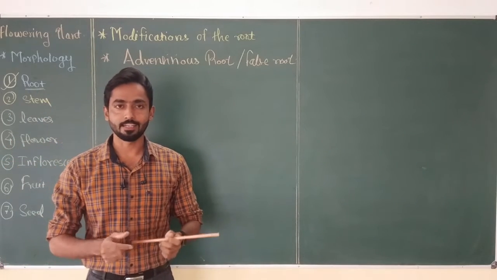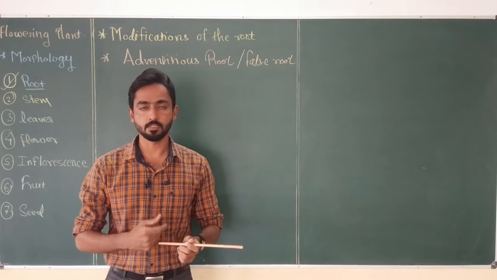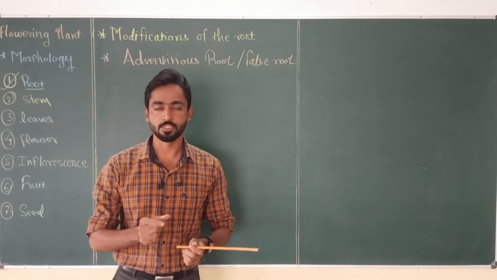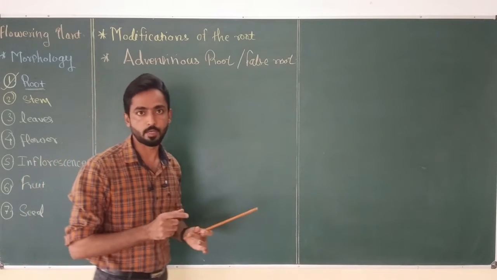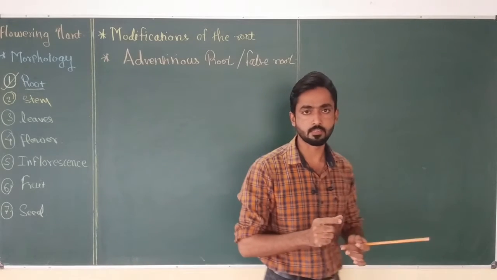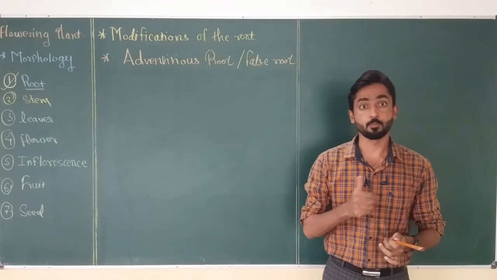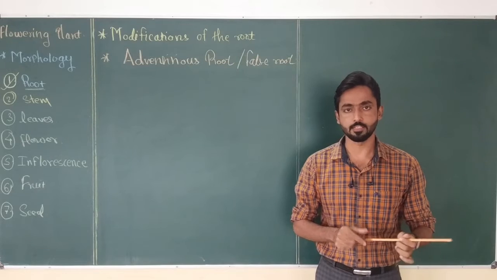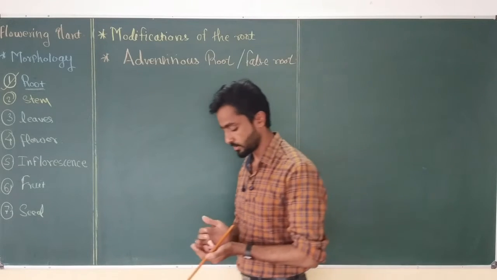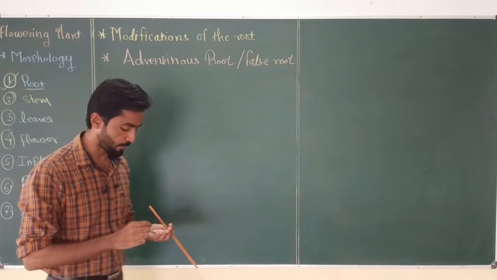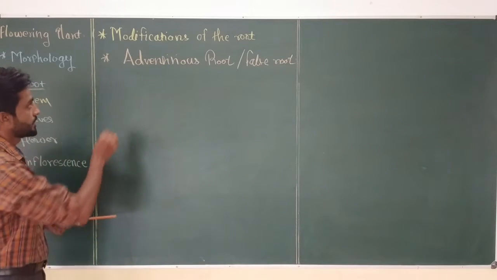Hello friends, in the last video we discussed the first two types of modifications present in the adventitious root system of flowering or angiospermic plants. The first modification is for food storage, while the second is for mechanical support. Now in this lecture we are going to discuss the third and last type of modification present in the